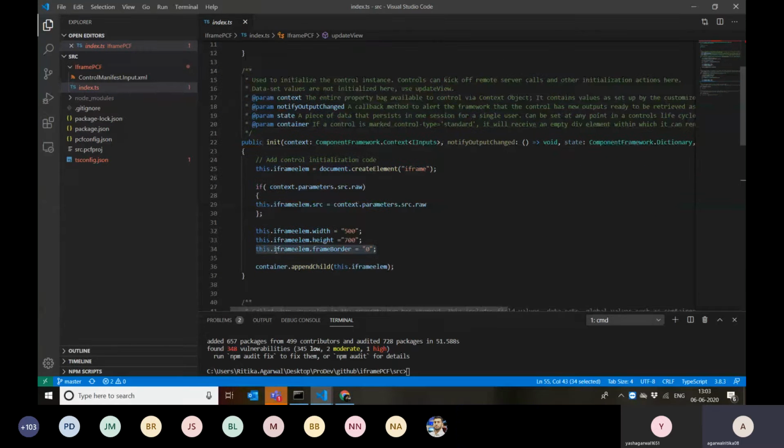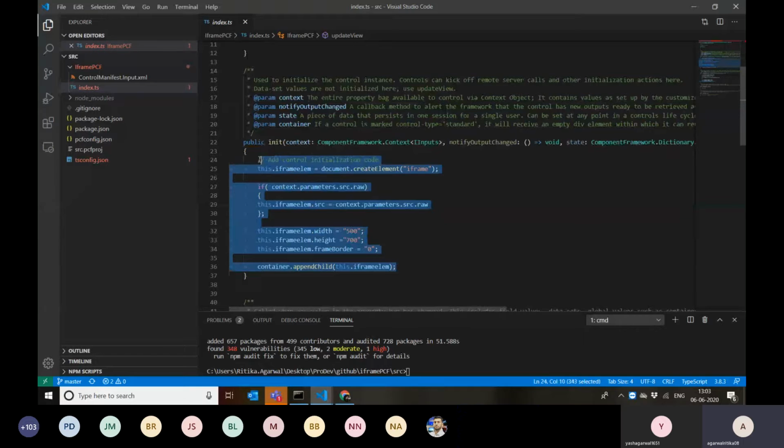And if I import this PCF as part of the Canvas app, this is going to overcome the limitation of, first, we can show any of the external URLs. Second, we can also add Power Virtual Agents to our Canvas apps. Third, we can also embed Canvas apps in Canvas apps.